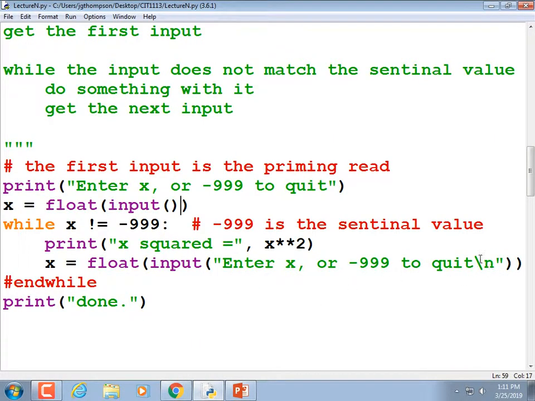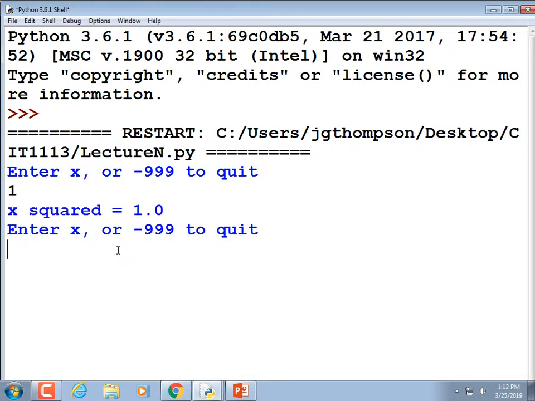And those backslash n's are good for formatting your output a little bit better. If you just have a straight sequence of stuff, it can be hard to read. Just like if you separate paragraphs with a blank line, it can be easier to read, right? So if we wanted to, we could put a backslash n before the done statement and another one after the done statement, right? And then it just makes it a little bit easier to read.